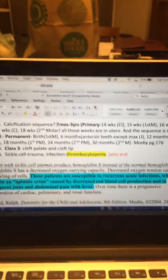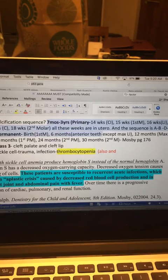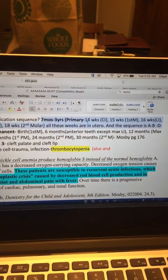Next question, 53. Calcification sequence. This is a very important point, and it will be pretty long too. From 7 months to 3 years, the primary, sorry, you'll have to check all these. Calcification sequence, 7 months to 3 years. The primary